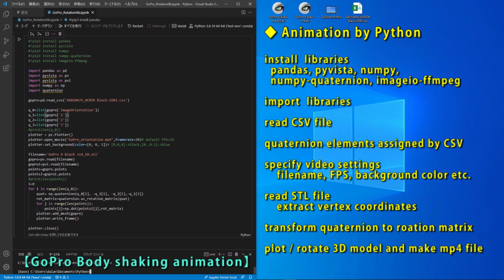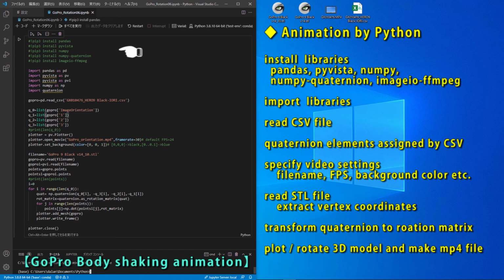I'm using Python in the Visual Studio Code you see. I also write the code in the summary column below. Now let me explain the contents of the code. Python has a lot of libraries. This may be one of the reasons why it's now such a popular programming language. Here you need to pre-install the 5 libraries commented by Hash. Once installed, no installation is required, so comment out with Hash.